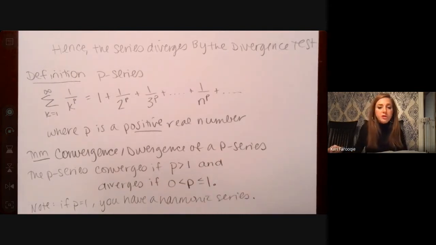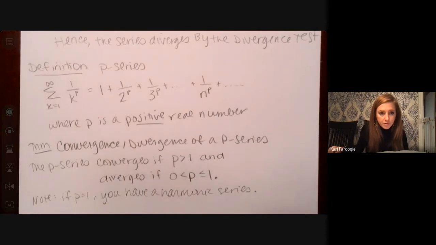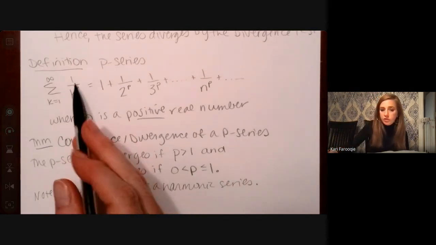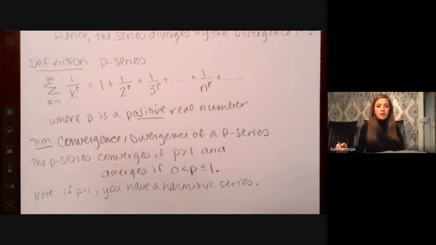Which we discussed in 8.2. So if p equals 1, then you just have 1 over k. And we talked about how the harmonic series diverges. The p series will diverge if p is a value between 0 and 1, and it converges if p is greater than 1. So don't get this mixed up with your geometric series because we always think about the geometric